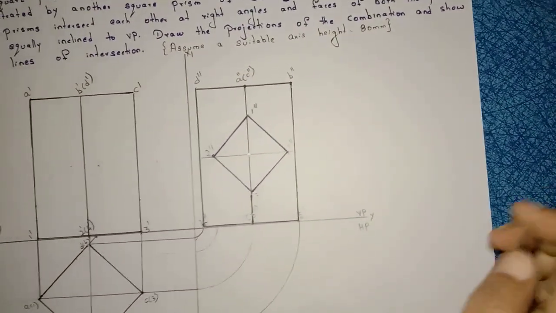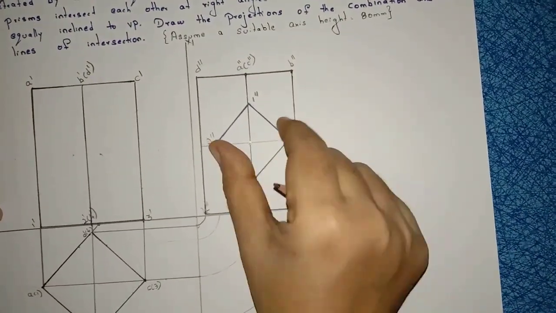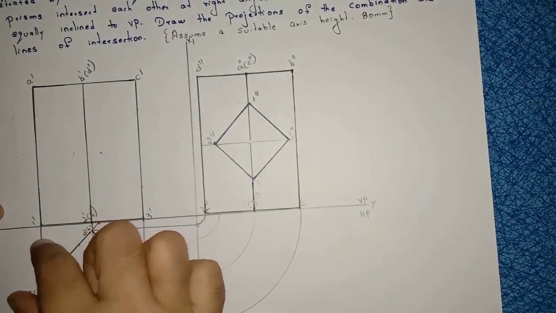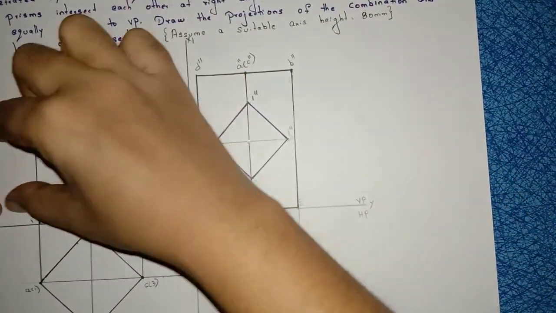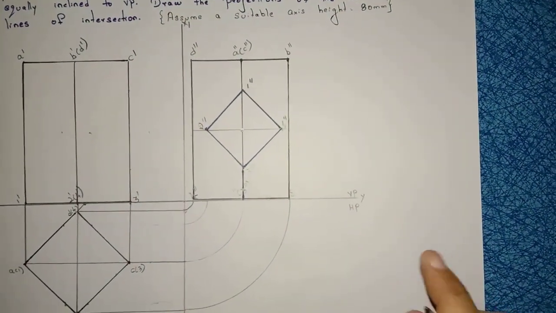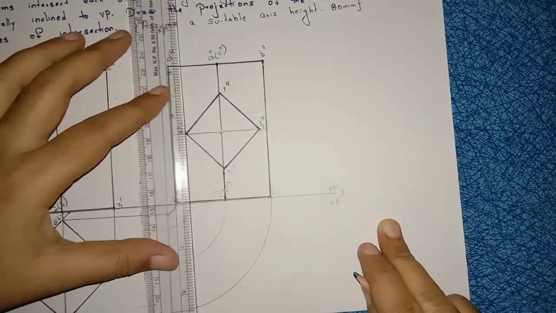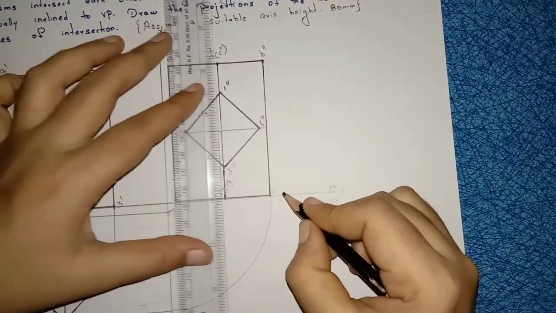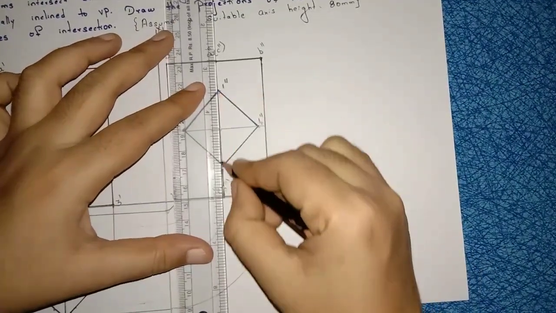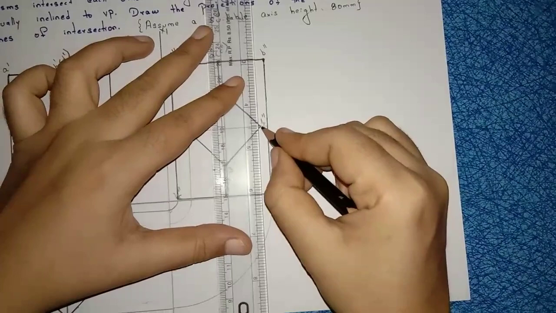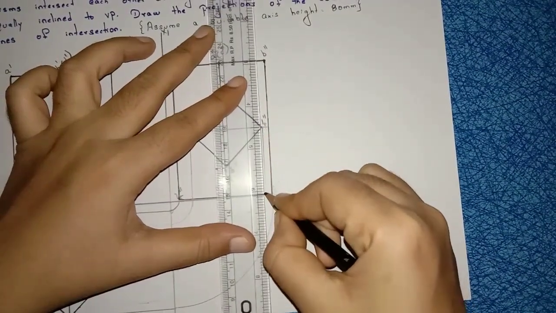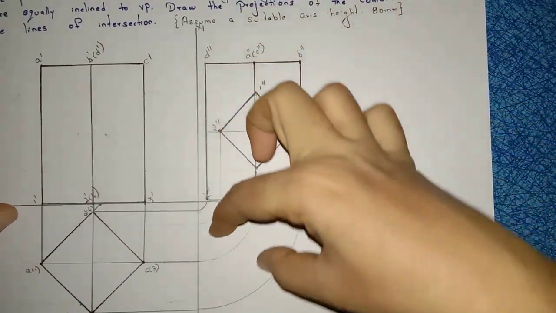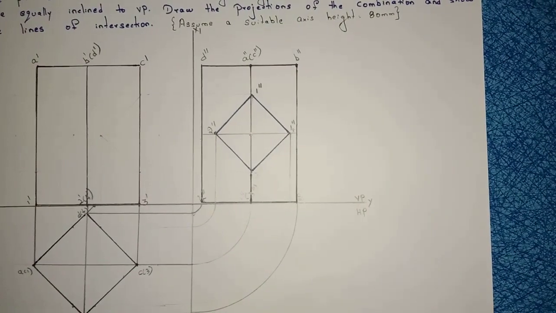Right? Now what will I do? This is my square. Now with the help of this square, I will construct the axis height here in front view. So let us see how I will construct. First, from every corner, from 2 double dash, draw a straight line till the reference line. Anyway, this is 1 double dash and 3 double dash. Draw a straight line till here. Again, next from 4 double dash, draw a straight line till the reference line. With the help of these corners, we are going to construct the axis height.